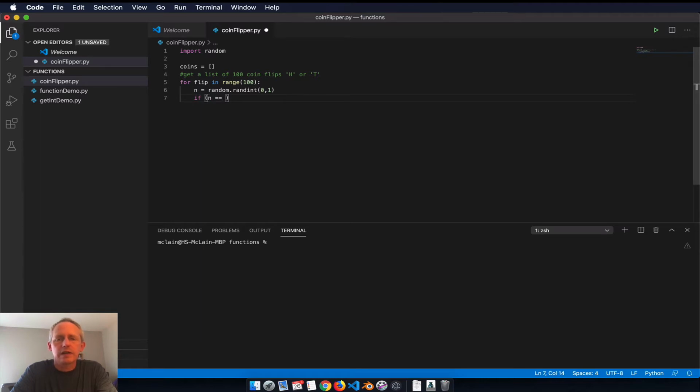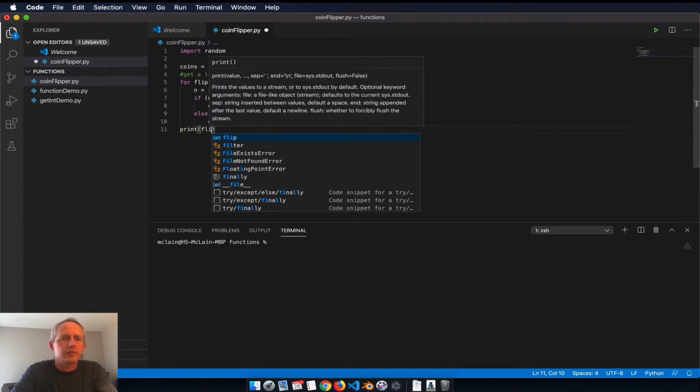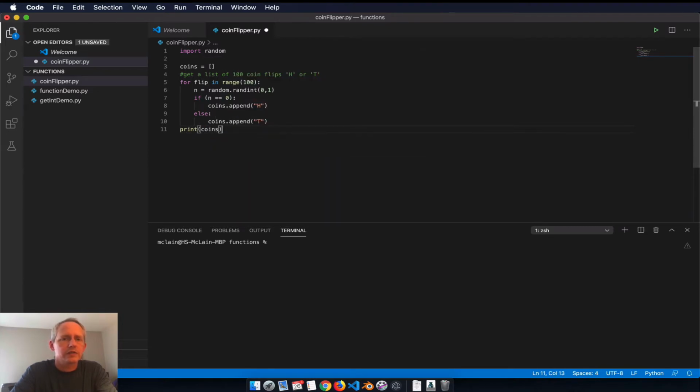If n equals 0, then I'm going to coins.append heads. Doesn't matter which way you go, heads or tails. Randint has 50-50 either way, so it doesn't really matter. Else, I'm going to do coins.append, find the right key there, t. Okay, and then to test this out, I'm going to print coins,